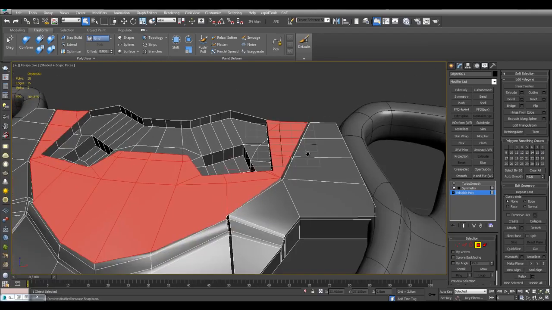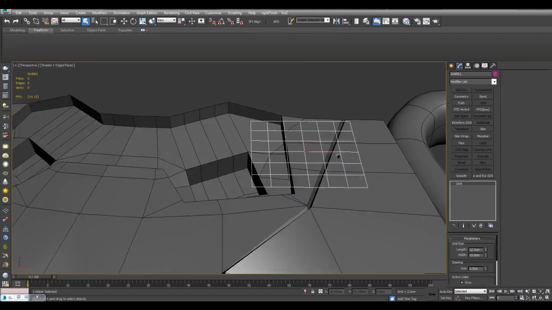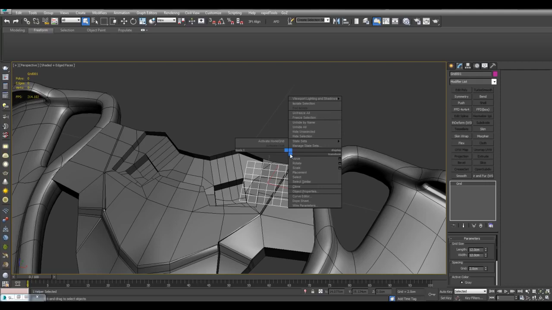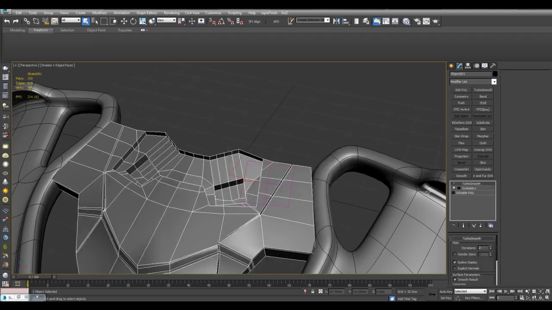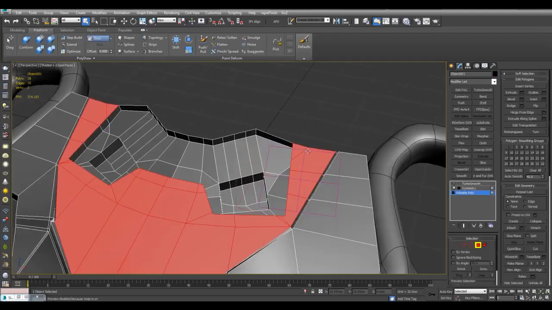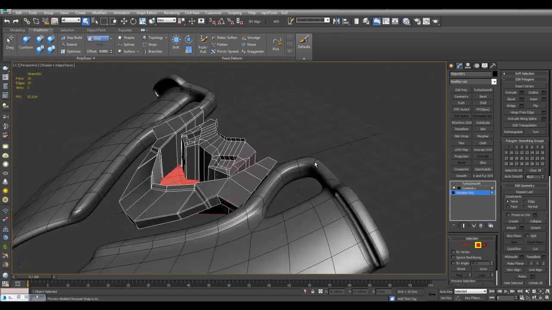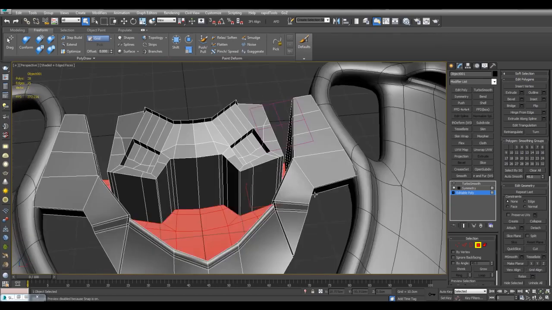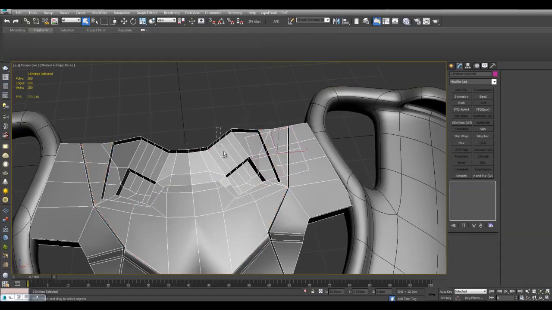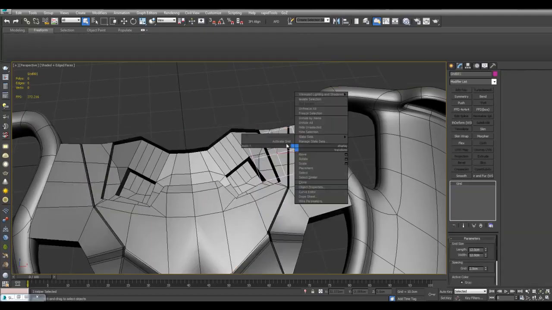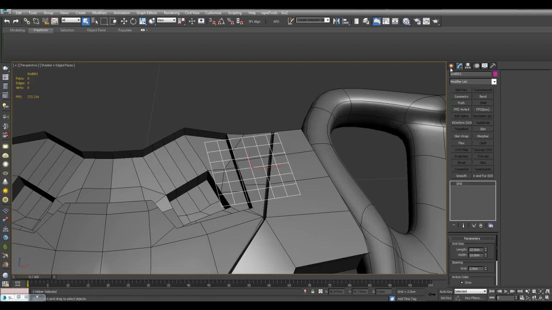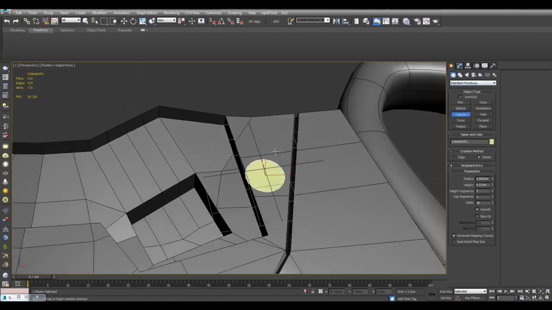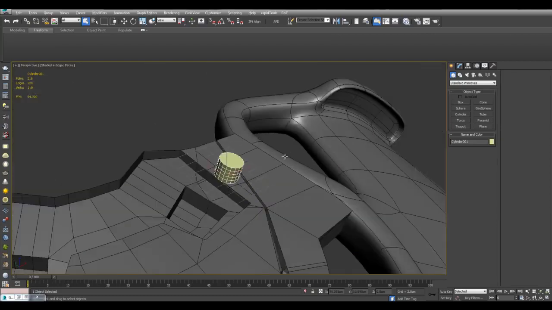If this custom grid is not active, when you use grid align, it will align with the home grid right here. So if I activate the home grid, and then select these polygons and use grid align, you can see it's actually being flat with the home grid. That's why you actually want to make sure that a custom grid is active and it will take over. Also, if you create new objects, they'll be created on the custom grid. So it's a great way to create an object right here where you want it to be,